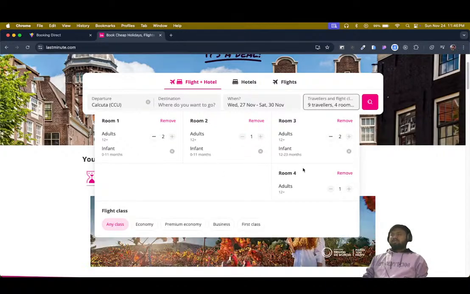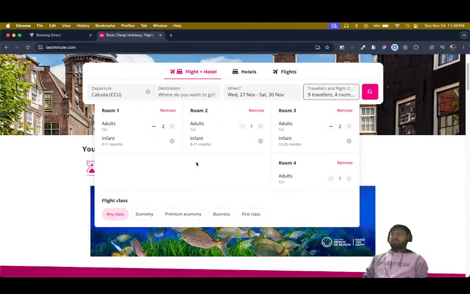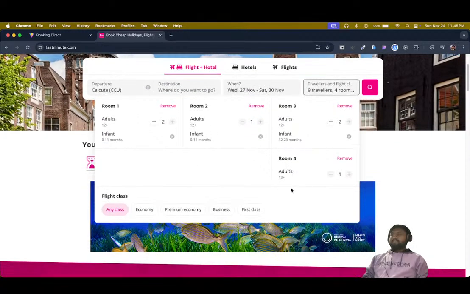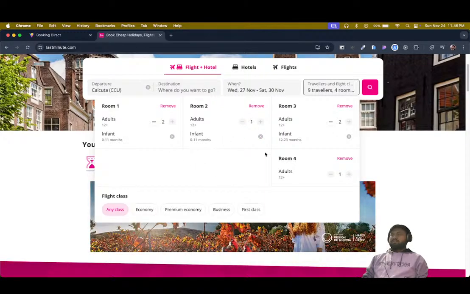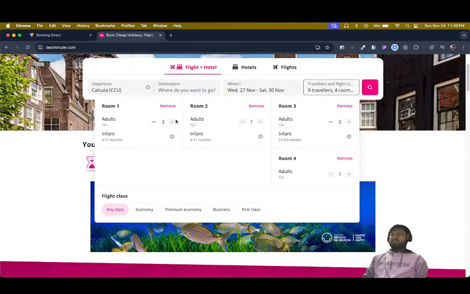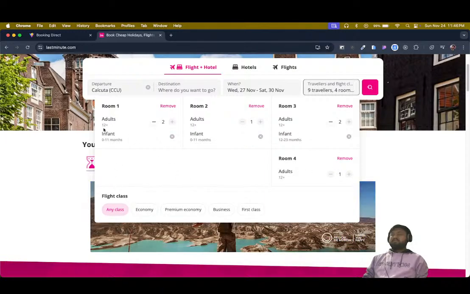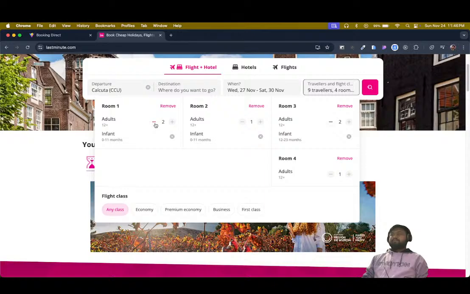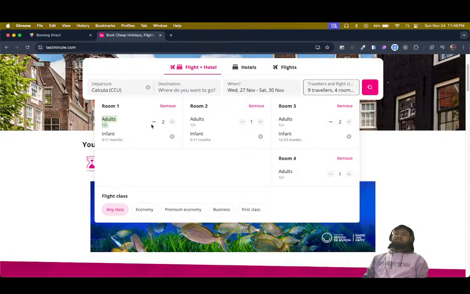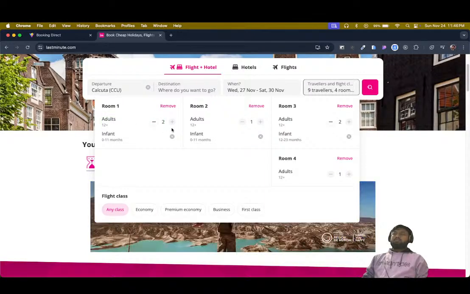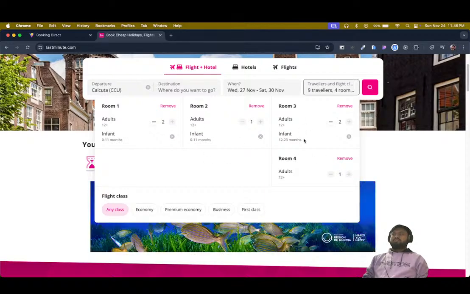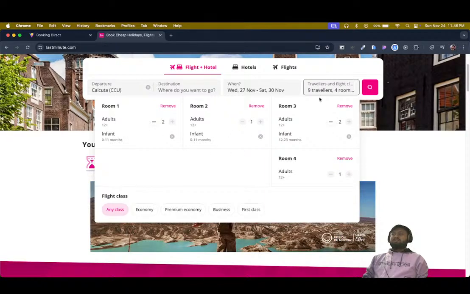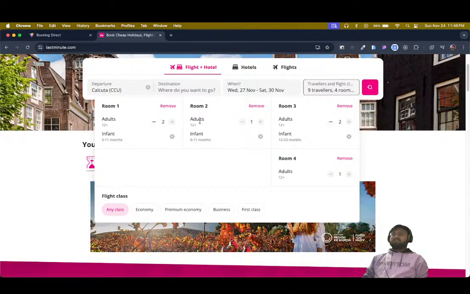Yeah, so at max there could be 9 travelers. But in this case, this is the restriction that they have. What we will be giving is, I think we can keep it this way, that the number of rooms can have individual selections so that it is much easier for them. Because in this case, at max 9 travelers, they are saying, so it is possible that each of them, like